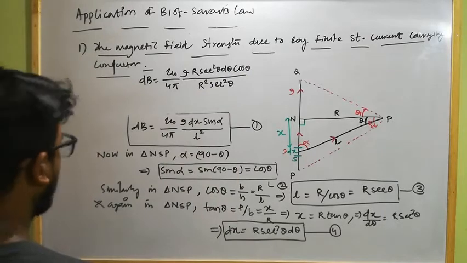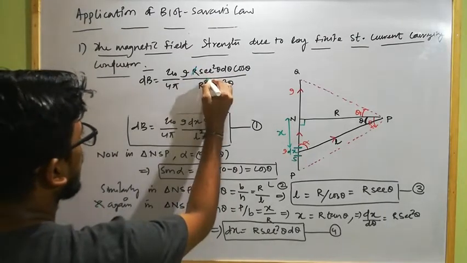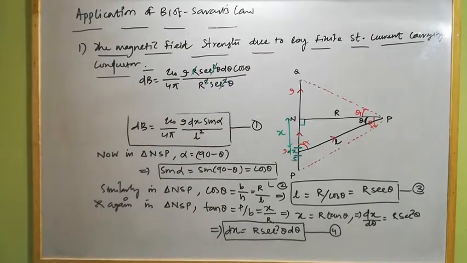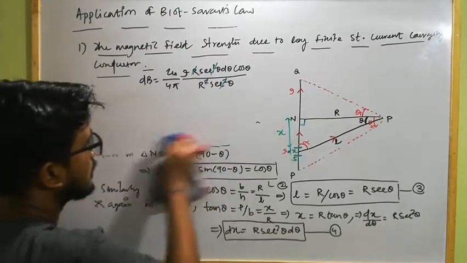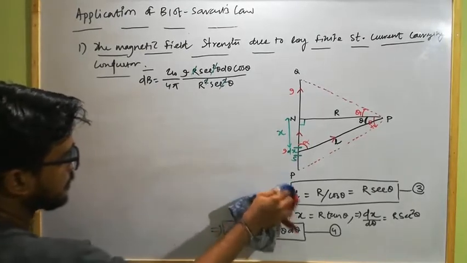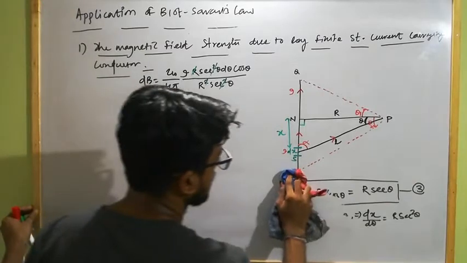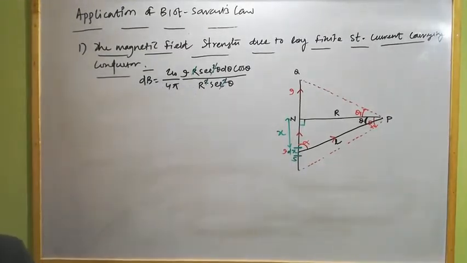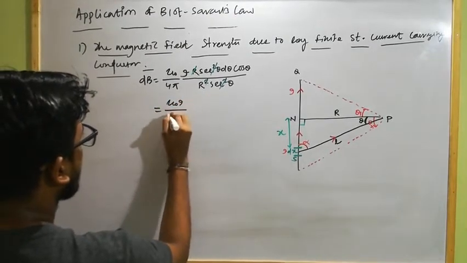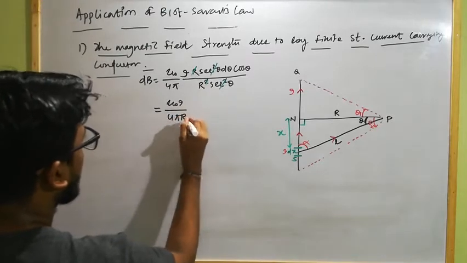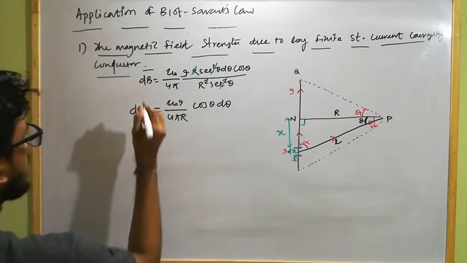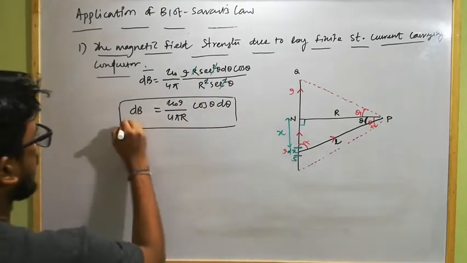Okay, so from the above, R cancels, sec square theta cancels. So what will remain? Now this will become mu naught I by 4 pi, one R remains here, R, and on the top it will be cos theta d theta. This is the value of dB. Let it be equation